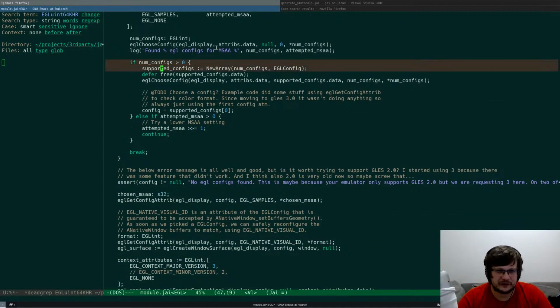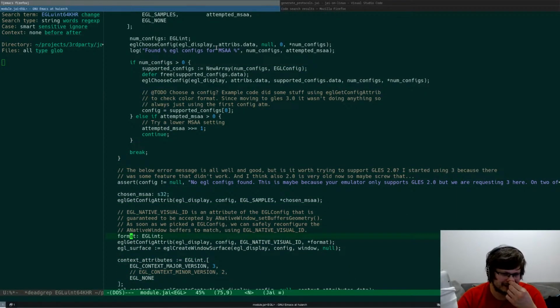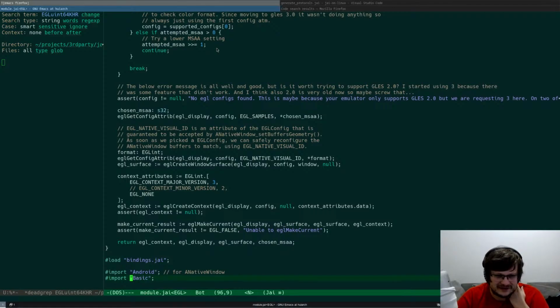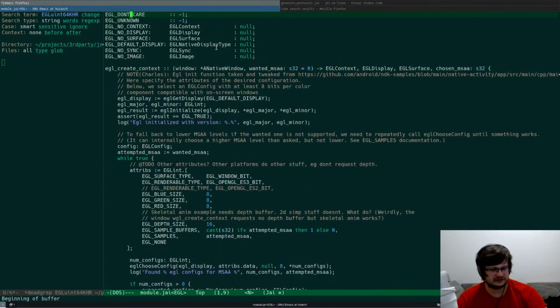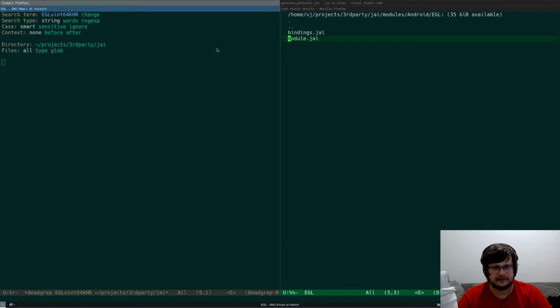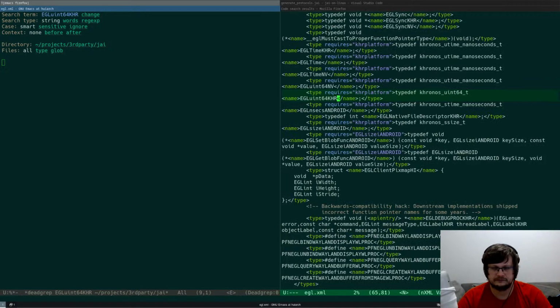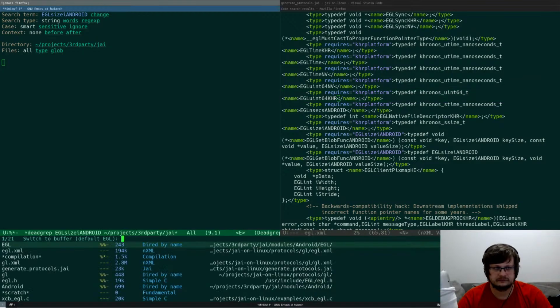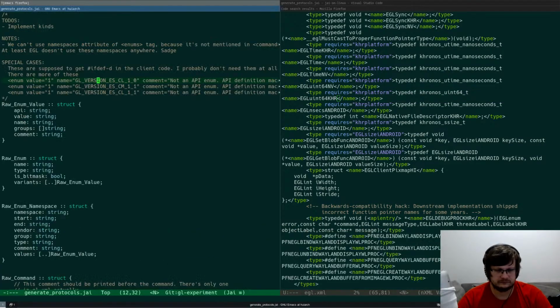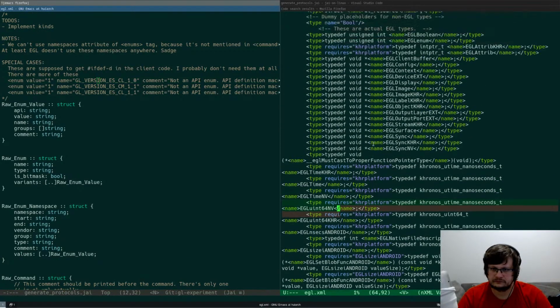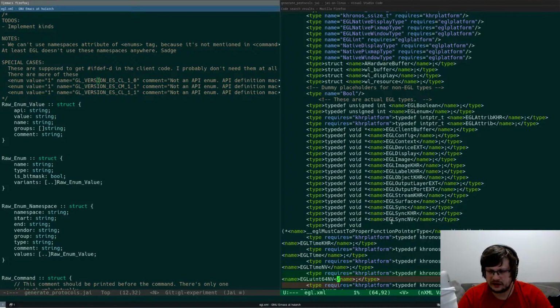Ah, you need to iterate configs. I see, I see, I see. Okay, it's not just trying multiple times. Yeah, it actually doesn't have those. Interesting. Maybe I don't need them as well. I'm low-key on the fence. I'm low-key thinking about, you know,